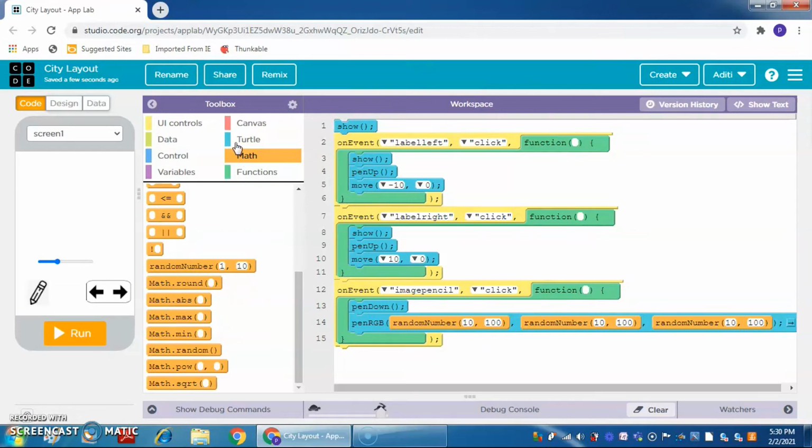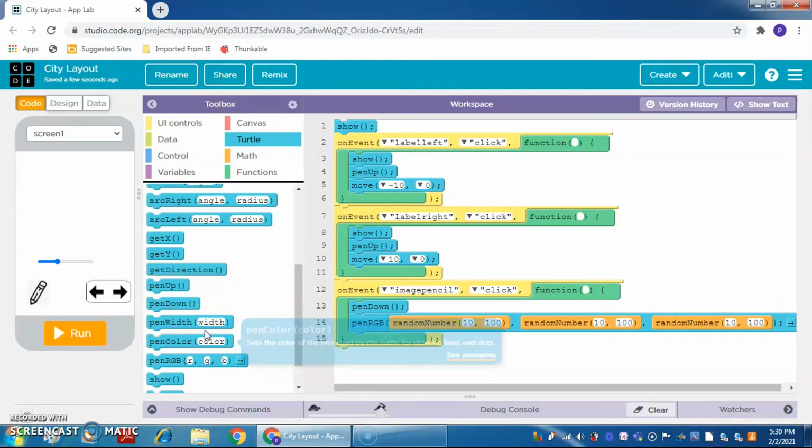Now we will again go to the turtles and select the pen width. It could be any, it's your choice: 1, 3 or 5. 1 will be so light that you would not be able to see it.